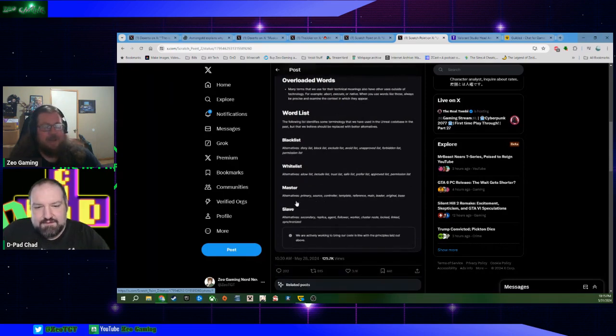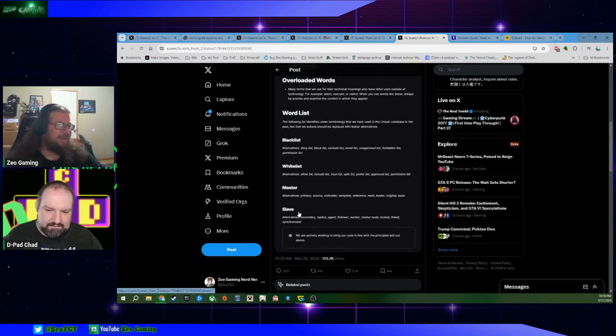Master and slave could actually be changed into primary and secondary if you want to. However, it's going to have to be encoded in the DNA of all tech moving forward. Primary and secondary isn't too bad. But with the whitelist and blacklist, those are some very, I'm just going to say, bad alternatives.